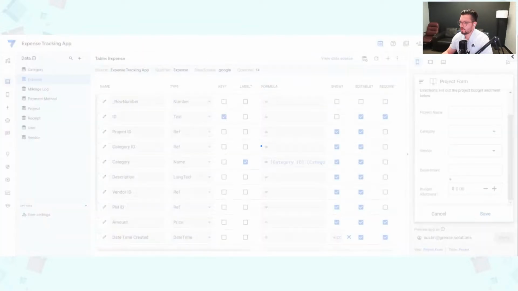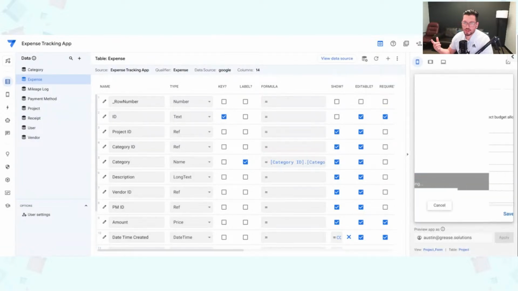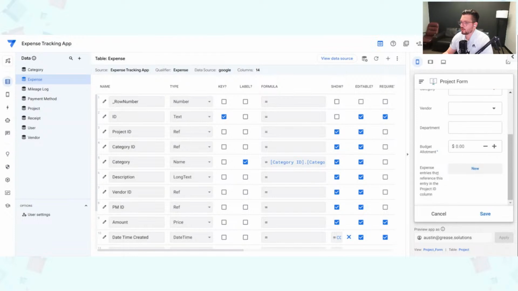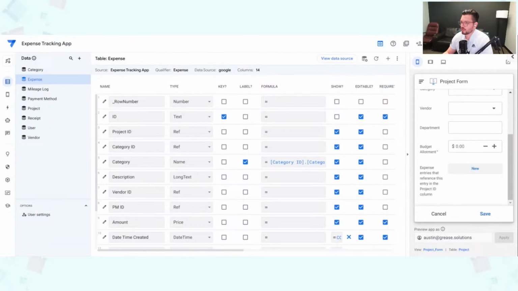And then that way, whenever you're adding a project and you're like, oh, I got to add expenses already, let me just go ahead and add that directly from here. And you can click new to add those expenses straight to your project. And so this is very long. And so we can just